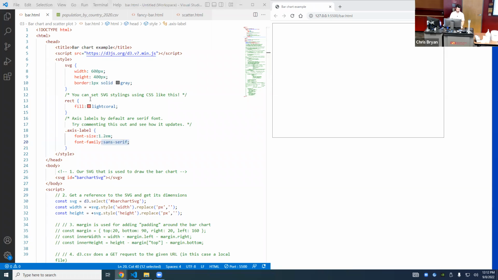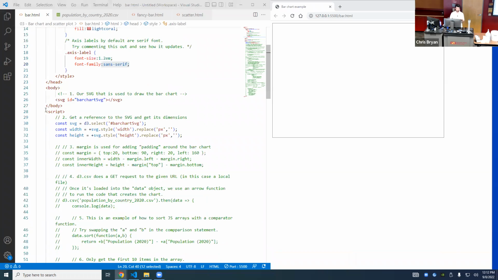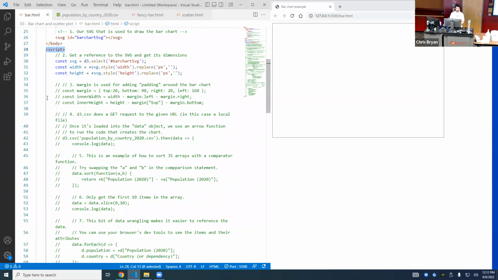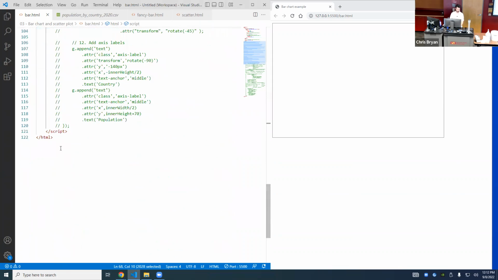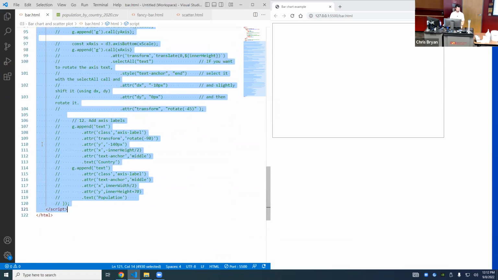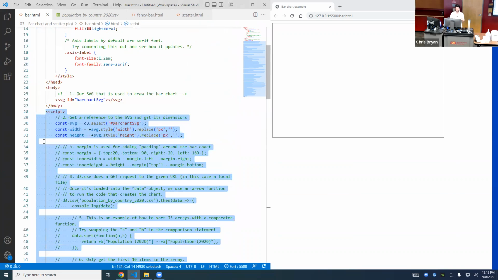So let's go into this script tag here. So you see there's this big long script block, right? It's real long, all the way down here. Right, and all this code's been commented out. So this is the code that we're going to use to create our bar chart. Okay. Now the first thing we're going to do